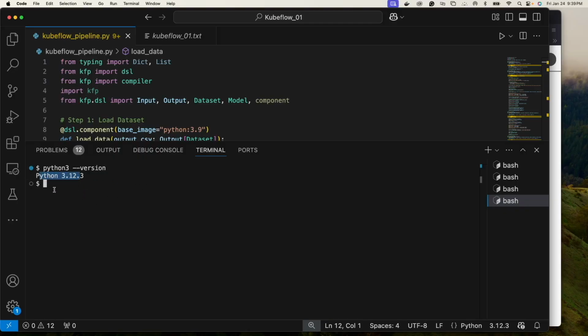But I don't want to use this. I want to create a Python virtual environment, just to isolate it from my local system. So I'm going to create a Python virtual environment, and for that, I'm going to use the command python. By the way,